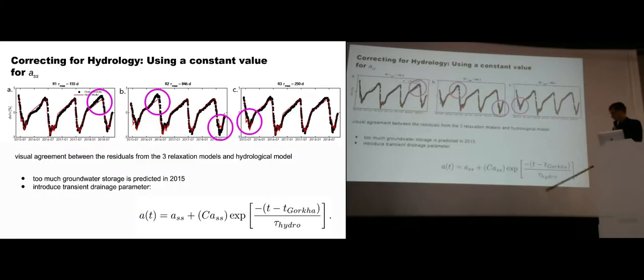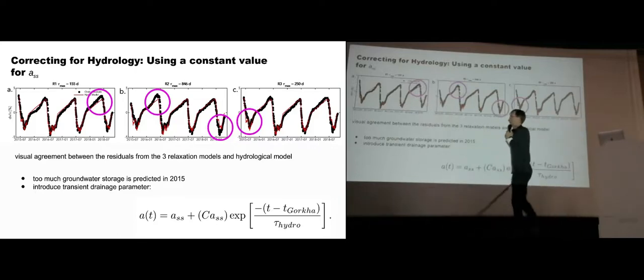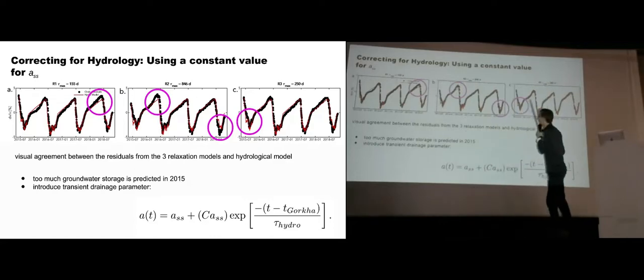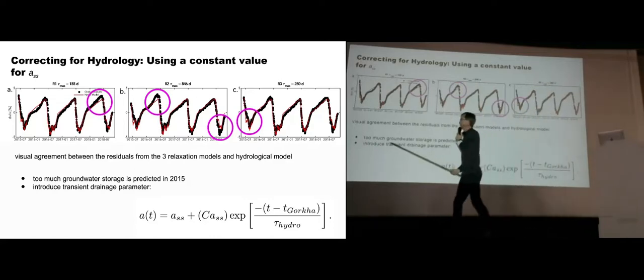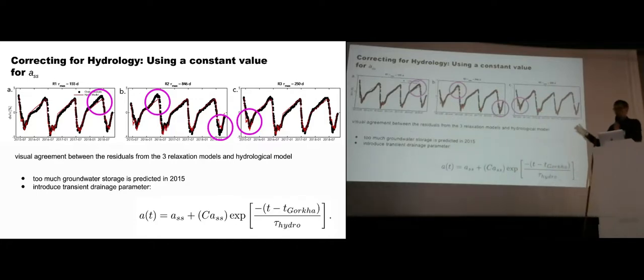What we see in this plot is the fit of the models for these three different maximum relaxation times for all the 4 years of data that we have, for all the 4 monsoons. In basically all of these models, here or here or here, we see significant deviations. And when you look closer and think about where these deviations could come from,